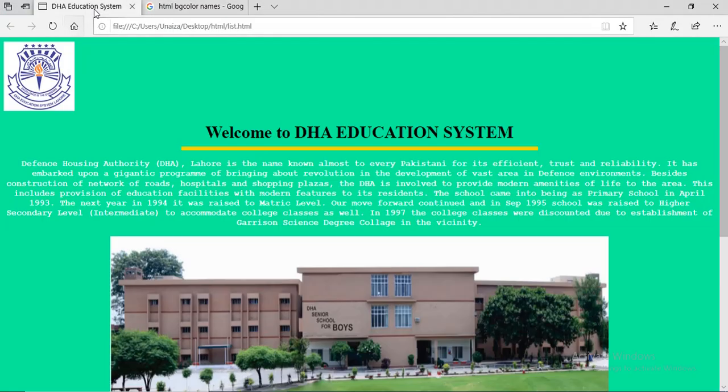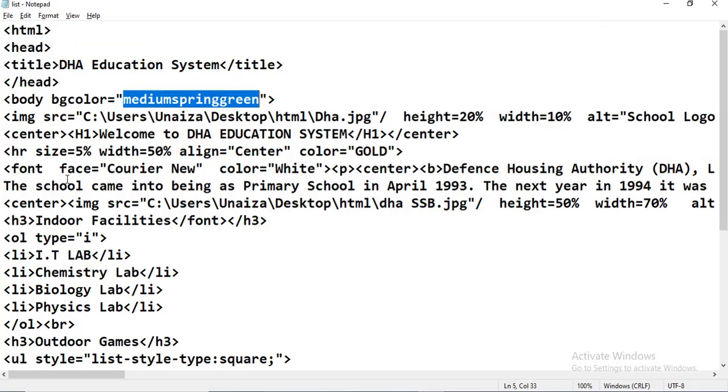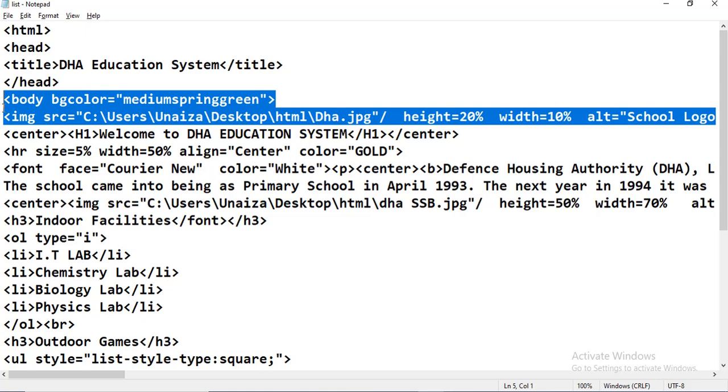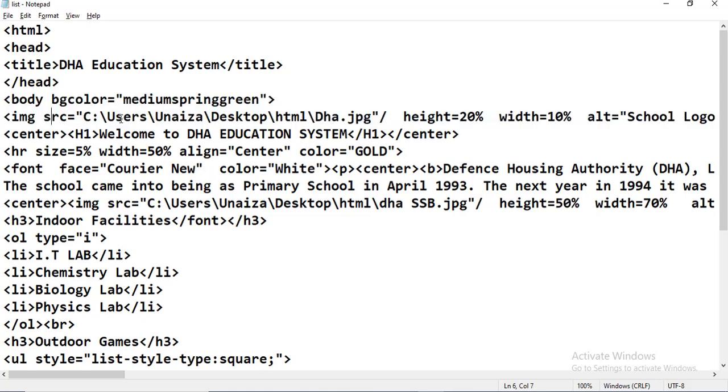If you observe here, there is an image, the DHA logo. So how do you insert an image? It's the img tag, which is an empty element. It is not a container element because it only starts, and there is no ending tag. SRC is the source.